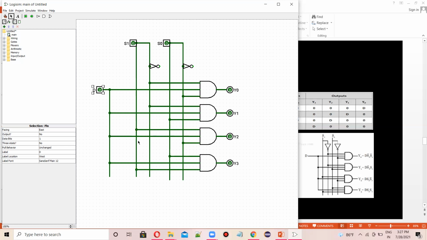In every line it should connect with 2, so here also 2, here also 2, here also 2, here also 2. Now I think it will work. Let's check whether it is working correctly or not.